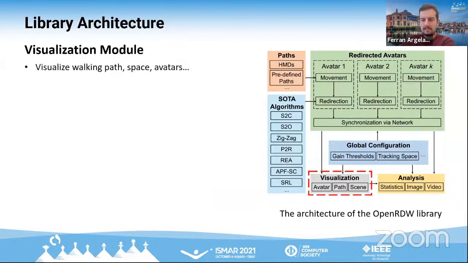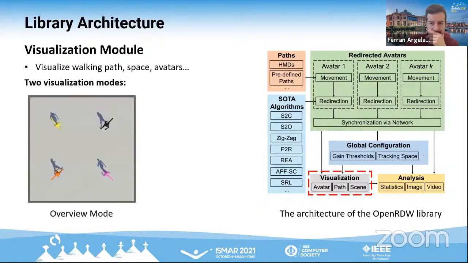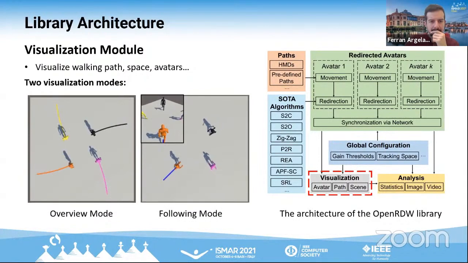The visualization module visualizes the walking process. There are two modes for visualization. In overview mode, the top view of the whole tracking space will be shown. Redirected paths of different avatars are highlighted in corresponding colors. In following mode, a user-specified virtual avatar will be followed. The target walking paths and redirected paths are highlighted in blue and red respectively, and paths of other avatars are